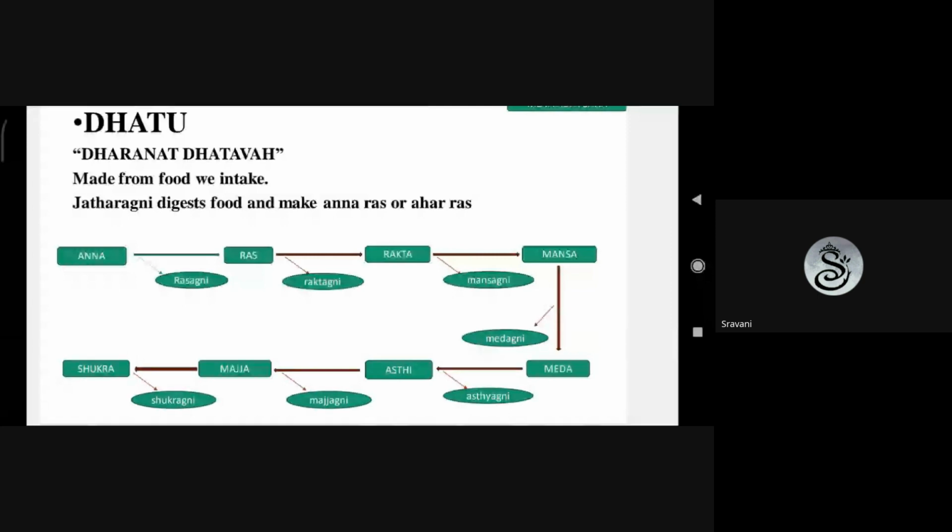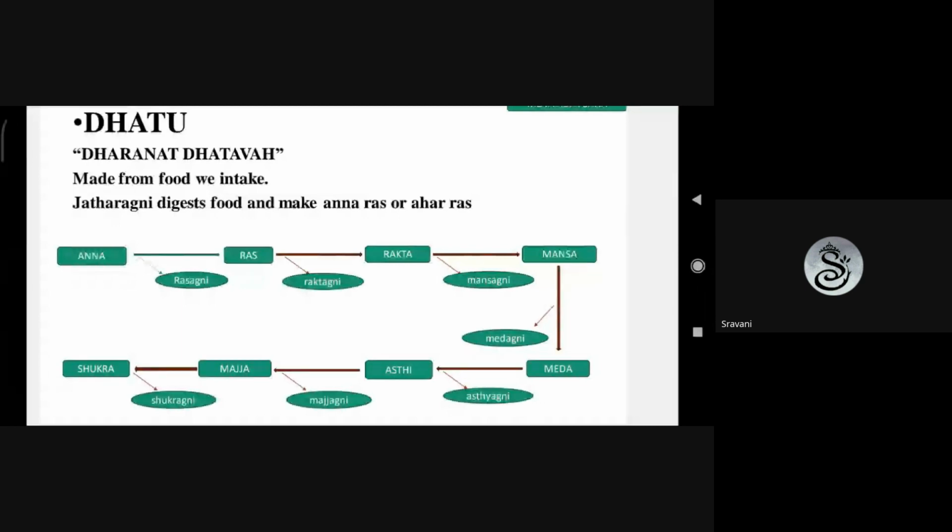Made from the food we intake, obviously, what we are intaking from our environment. Jatharagni digests food and makes annaras or ahararas. Okay, means whatever we are intaking as food, say you are intaking any physical food,